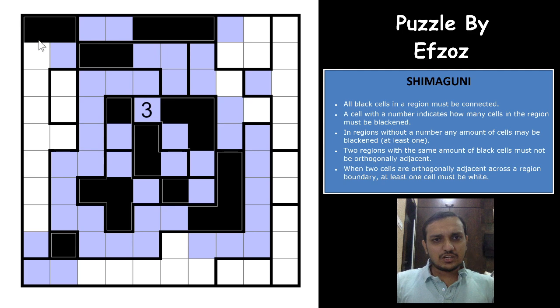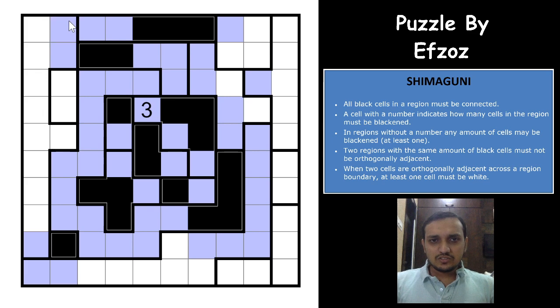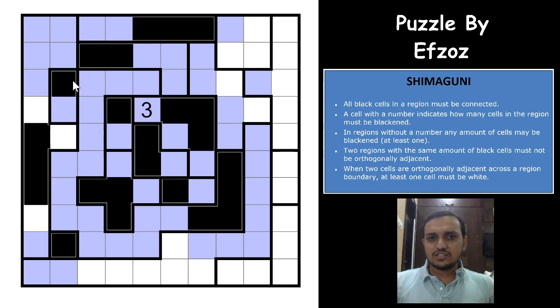Okay, now if you see this region now, it cannot have 1 shaded cell, it cannot have 2 shaded cells, it cannot have 3 shaded cells, it cannot have 4 shaded cells as well, because this region already has 4 shaded cells which is touching this region. So a minimum of 5 shaded cells would have to be in this region, and that shaded cell cannot start from here, because that will block this region. So this will have to be unshaded, this will have to be unshaded, this, right? And now this region needs to have at least 5 shaded cells, so these 3 will have to be shaded. And one of these cells will have to be shaded, so which unshades this cell and shades this cell. Excellent. Excellent logic, guys.